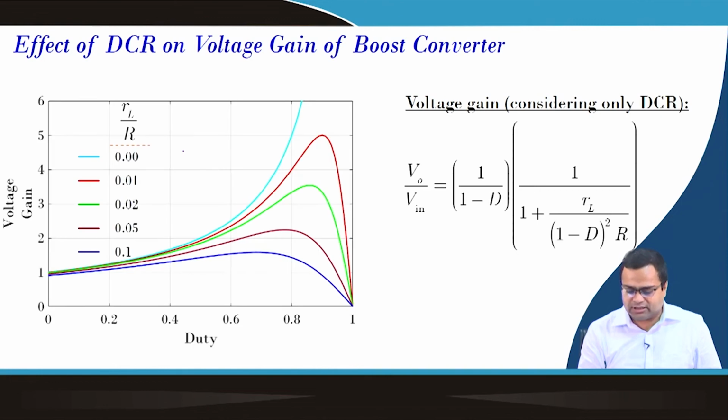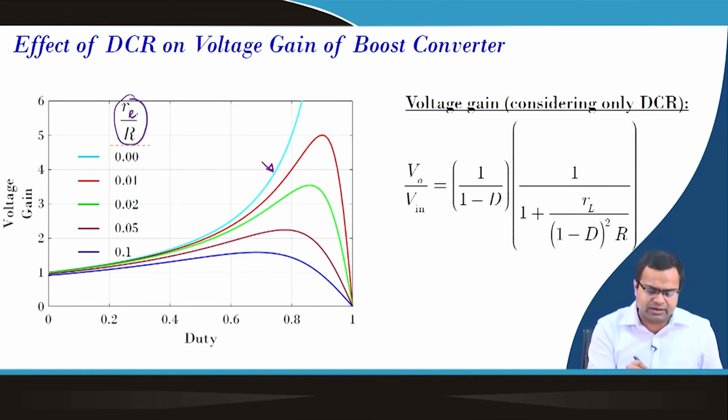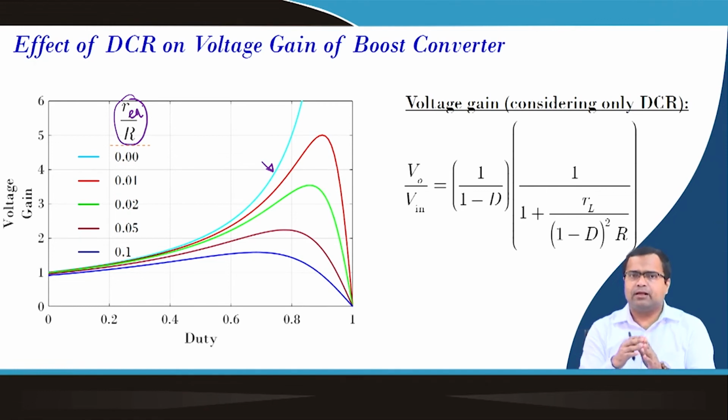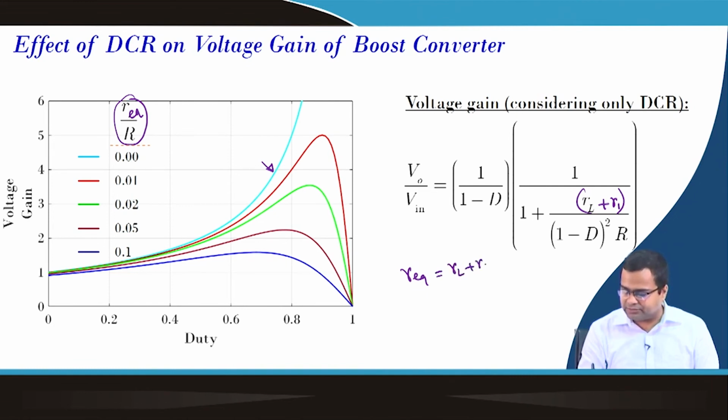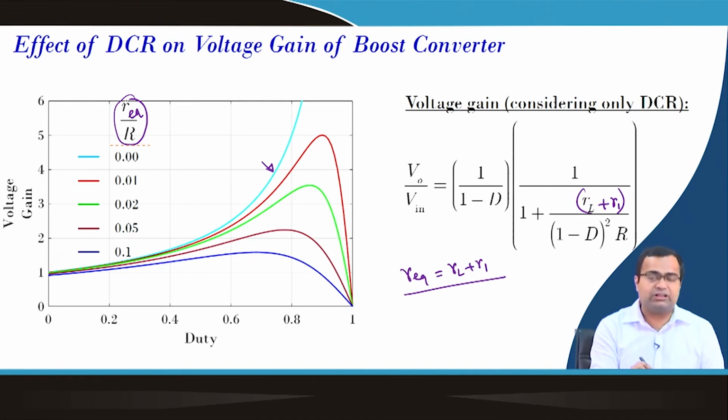And if you plot the voltage gain for this synchronous boost converter, for the ideal one, here I am showing R equivalent by R, or basically here you can think of RL. If you take R equivalent by R, ignoring for the time being the ESR effect, this R equivalent captures both the on state resistance as well as the inductor resistance. Okay. So, here this R equivalent, I can also consider R1. Okay. So, this R equivalent, which is RL plus R1,